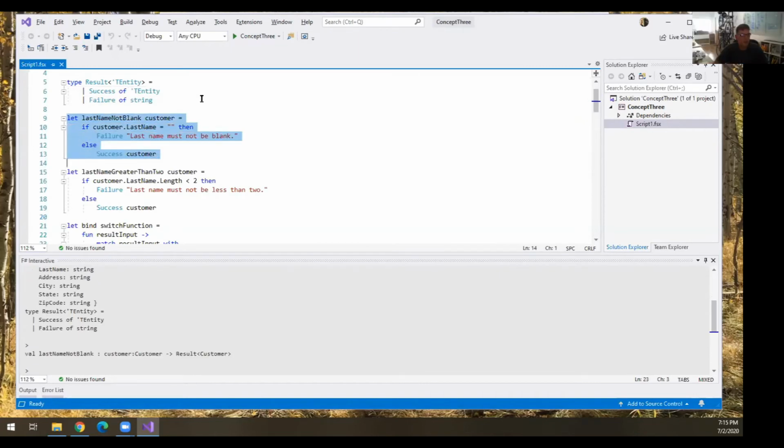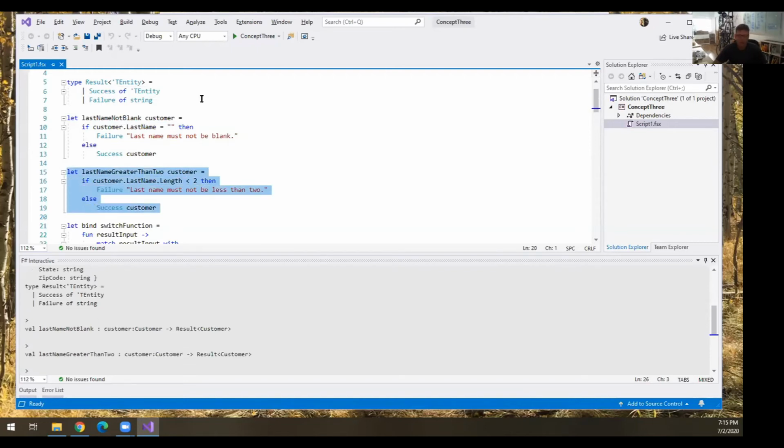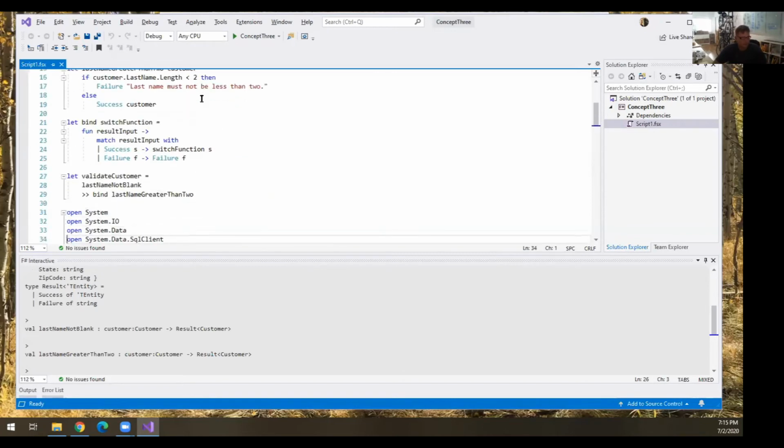So right now, Madonna's last name would be blank, you're right, because it's a string, you could pass in string null. You're right, Madonna would not be a customer. She would fail the last name not blank check. And then maybe, I don't know, who has a single letter last name? Whoever, you get the idea. Iced tea. Yeah, there you go.